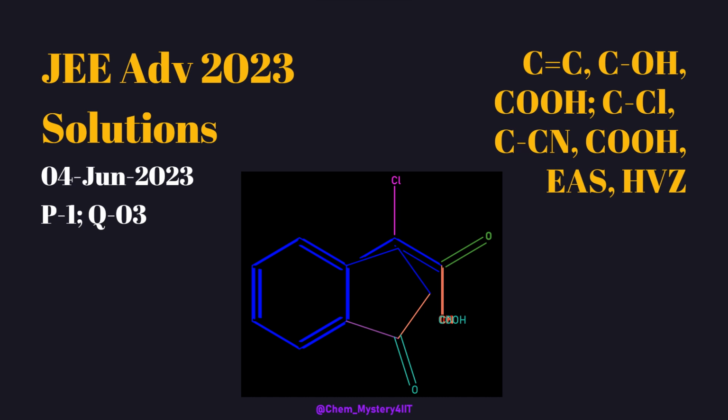This question was based on some reactions which were covering different chapters. You can see here in fact this time they had mixed an organic question from many of the chapters while framing the questions. So they have framed this question covering concepts from alkene, alcohol, carboxylic acid, alkyl halide, cyanide, that's nitrogen containing compounds, carboxylic acid, EAS reaction, and even in carboxylic acid there was a reaction, the Hell-Volhard-Zelinsky HVZ reaction. So many concepts put together in a single question.